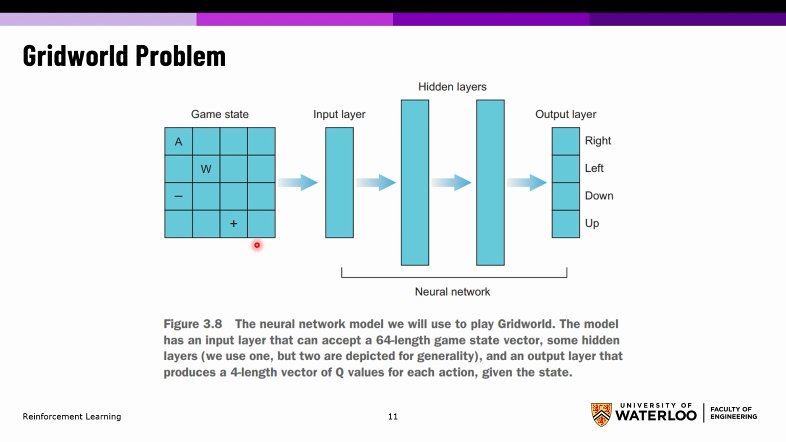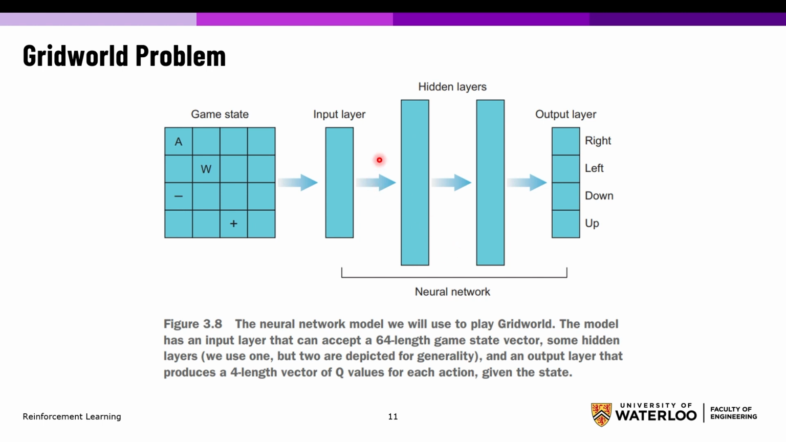So this is the game state, and this is a neural network with 2 hidden layers. This is an example. The states here are the input to the neural network, to the Q function. These are the hidden layers,